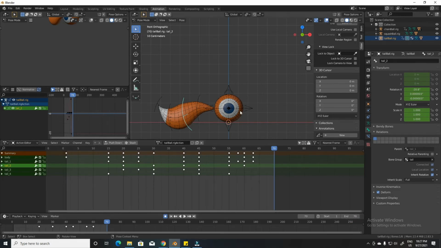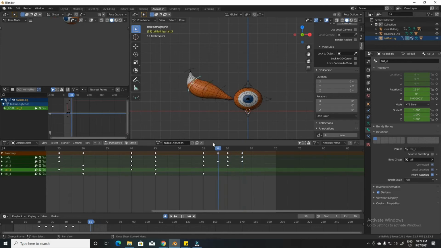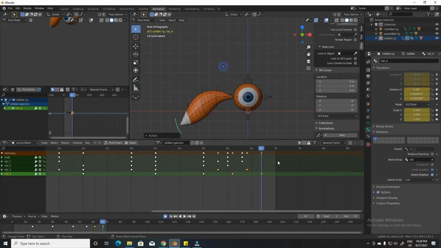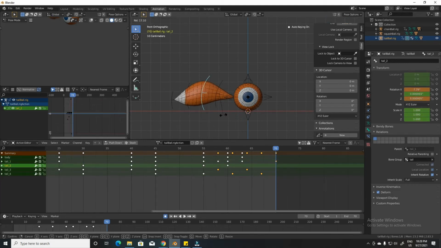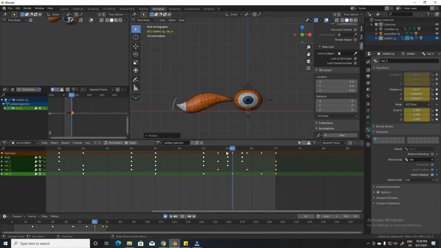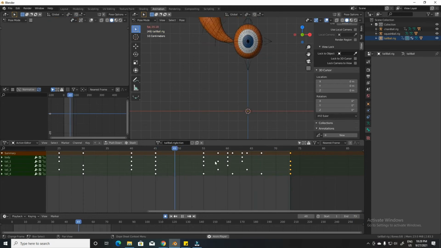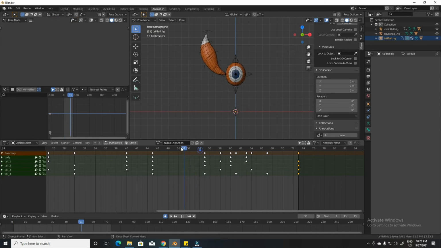I am just increasing the frame to match the animation, because I know that the tail will have a small part of animation after the ball has landed. After the ball has hit the ground, we can still see some small movement of the tail. That's why they have added the tail. Otherwise you could just move the ball with the tail, but here you can see the tail has a very important part in this animation. That's why they have made this ball tail rig.